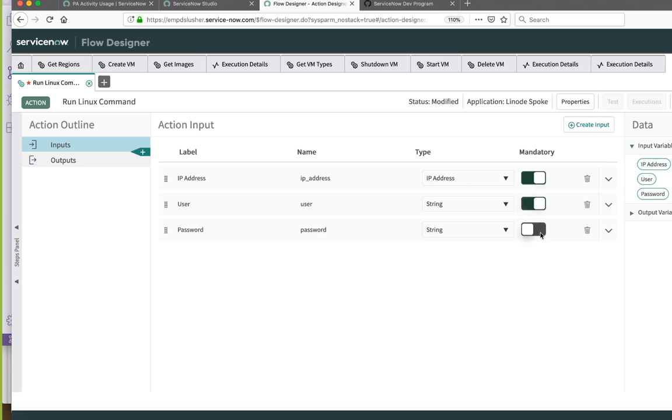Obviously, I've never done this. I have never even opened the SSH step before. The amount of time in my life I've spent in SSH is really high, but I have not used the SSH step in ServiceNow Integration Hub. So let us assume we're going to use these various pieces: IP address, username, password. That's the minimum we need to SSH in, and then the command we want to run. Seems reasonable.